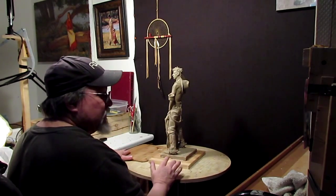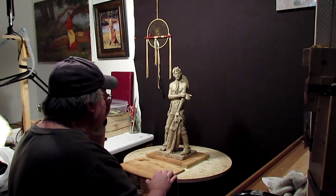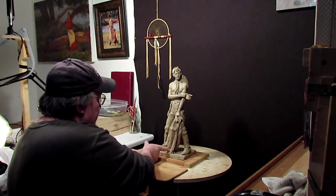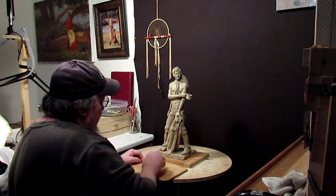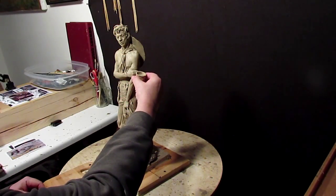Clay is still softening. It's cold in here. It's probably in the 50s right now, and clay's going to take a little while to heat up. So I think I'll eat my lunch and come back and get to work on this. Now, first thing I'm going to do is redo this cup